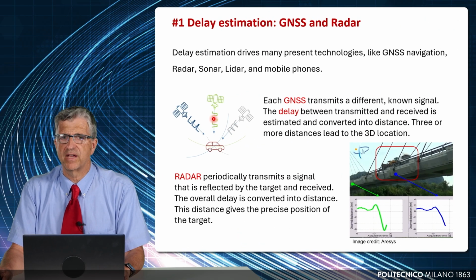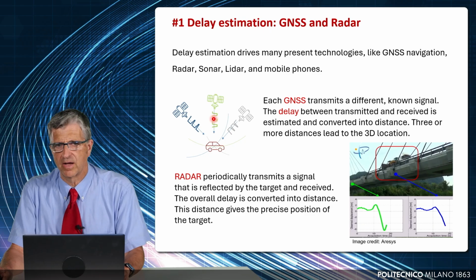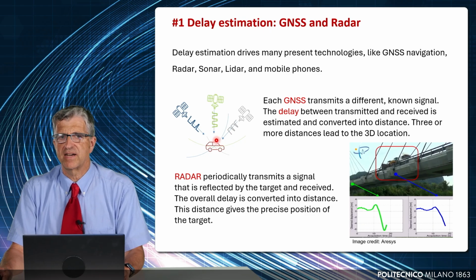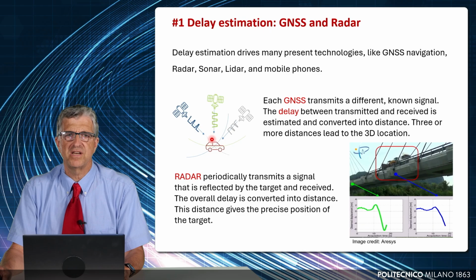In this talk, we introduce three applications from the real world: delay estimation, digital communication, and antenna arrays. Delay estimation is one of the most popular applications that drives not only GNSS radar, but many other applications. The case of GNSS, in which you are in a car, for example, and there are three satellites. They transmit a signal, you receive a signal, and from the delay from transmission to receive, then you can estimate